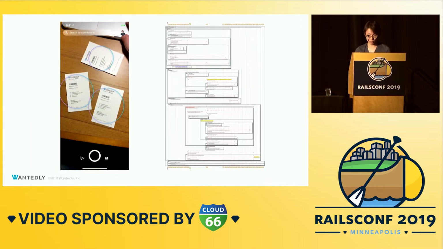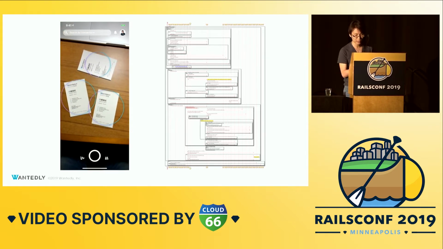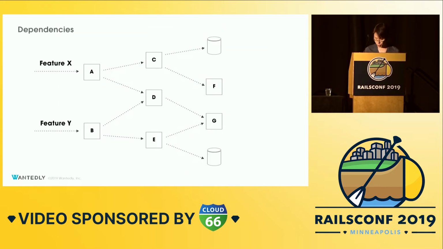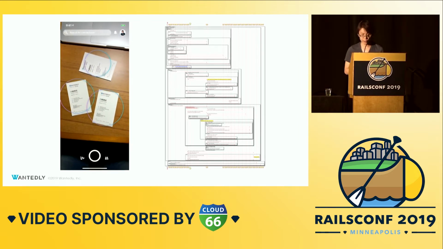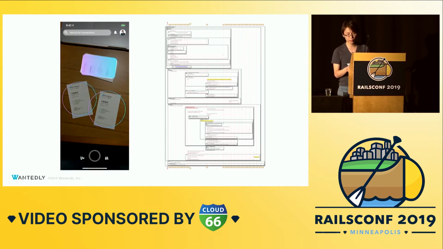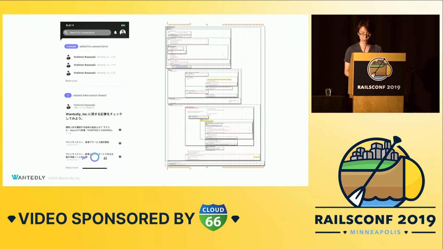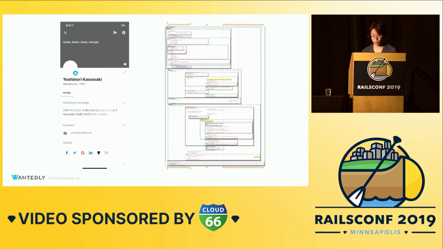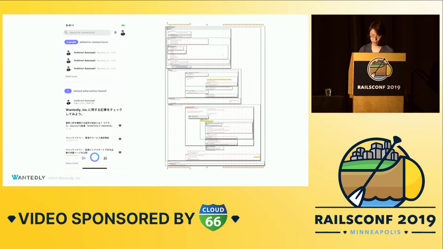This is an example. On the left-hand side, you see our app. This is an app to manage your contacts by reading business cards. When you scan, this app detects business cards and sends the image of the cards to the backend. The backend extracts text of the image, categorizes text into various fields like first name, last name, email, company name, address, etc., and gets information about the company and sends it back to the user. So it does a lot of things underneath.